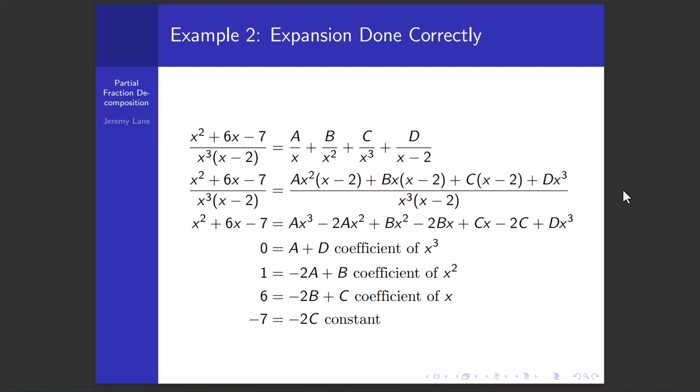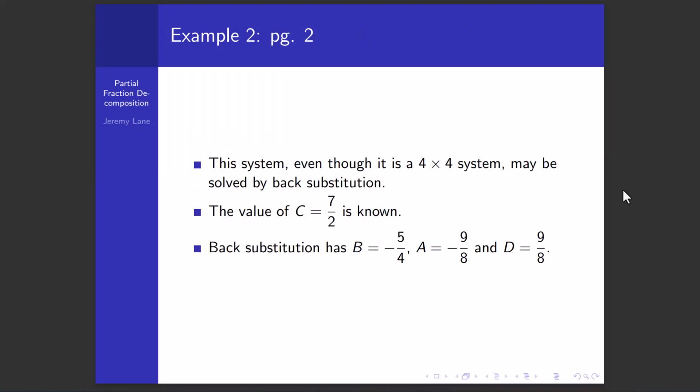The coefficients of x match up as negative 2b plus c equals 6. And the constants match up to form the equation negative 7 equals negative 2c. So this system, even though it's a 4x4 system, may be solved by back substitution. The last equation gave us c equal to 7/2. Continuing the back substitution approach,